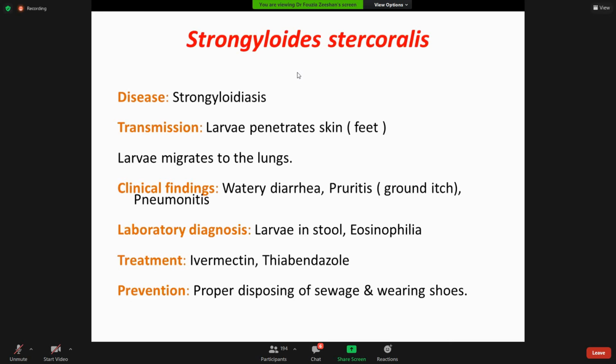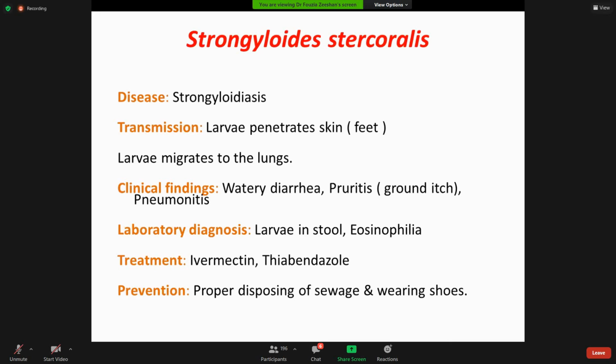Strongyloides stercoralis. Basically, the larva penetrates the skin. It is usually present in those people who walk barefoot. So the larva penetrates through the skin and enters into the lungs. That is very